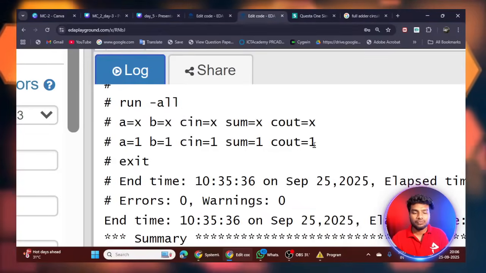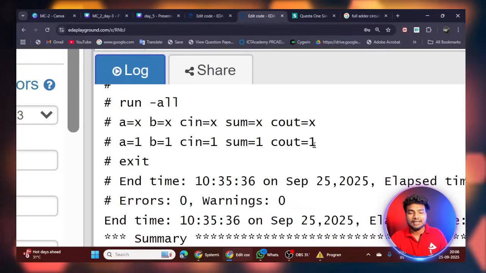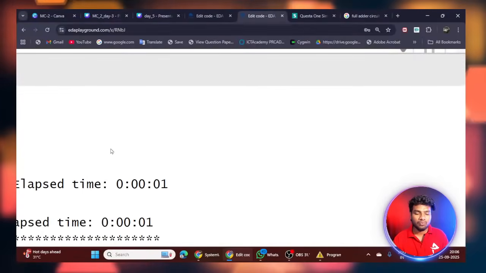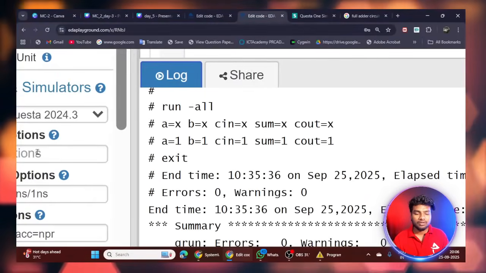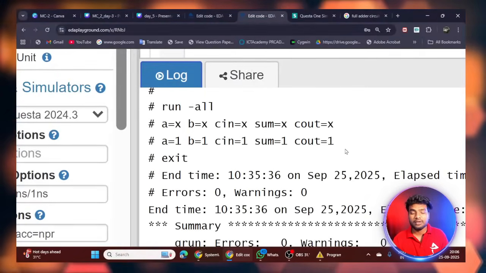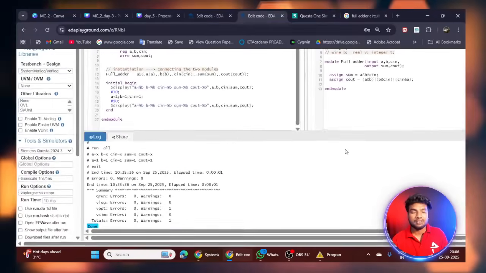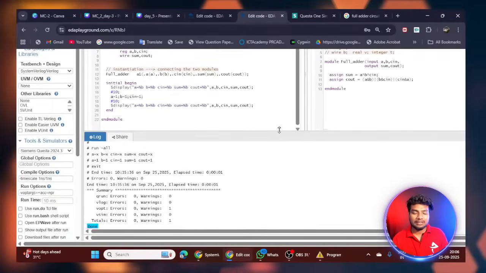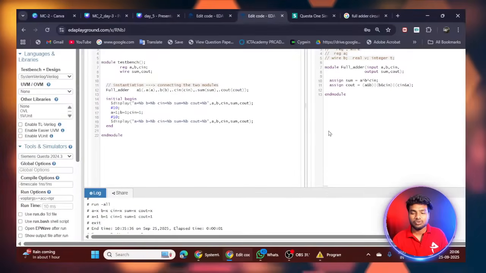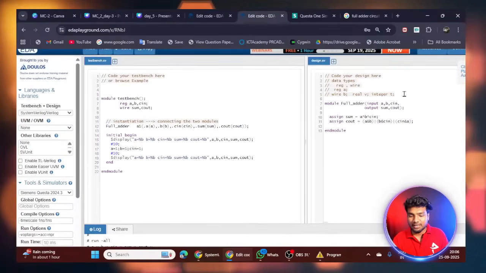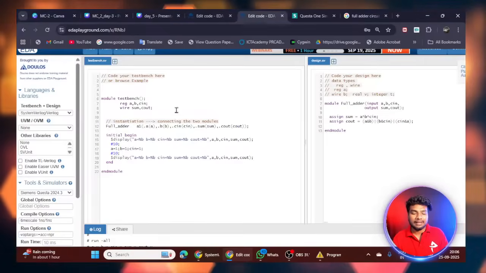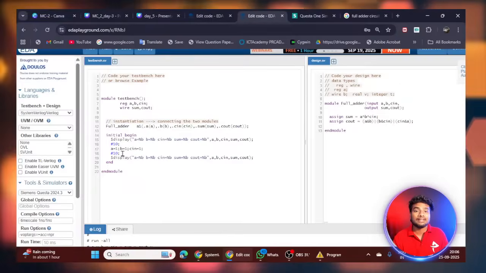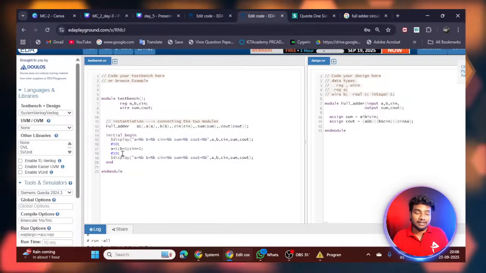Is it clear for you? How many people are understanding this basic Verilog code of the full adder? I'm getting the correct output, sum equal to 1, C out equal to 1. It means sum equal to 1, carry out also 1. How many people are understanding this design code and test bench code? It's very simple. Here I have written the functionalities of the full adder. Here I am passing the stimulus for my full adder to test the functionalities, whether it's working correctly or not.